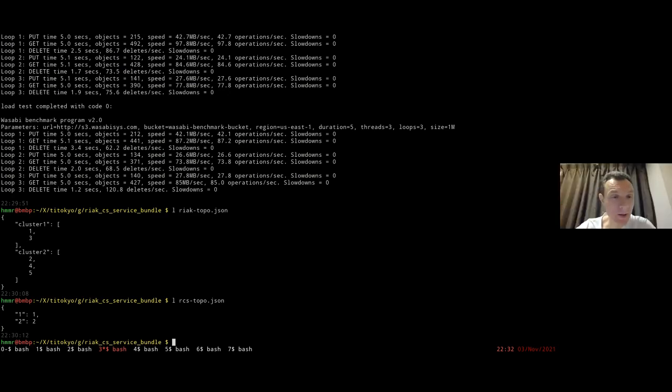Yeah, a new feature is always most appreciated, and it's very impressive. So do we have publicly available images for Docker for this? No, not yet, but we do have Dockerfiles, which everyone interested can build their images from. Those are available from our repositories of Riak CS, but also Riak CS service bundle. You'll get the links later. Yes, we have a slide we're going to share at the end that has lots of information, so they should be on there as well.